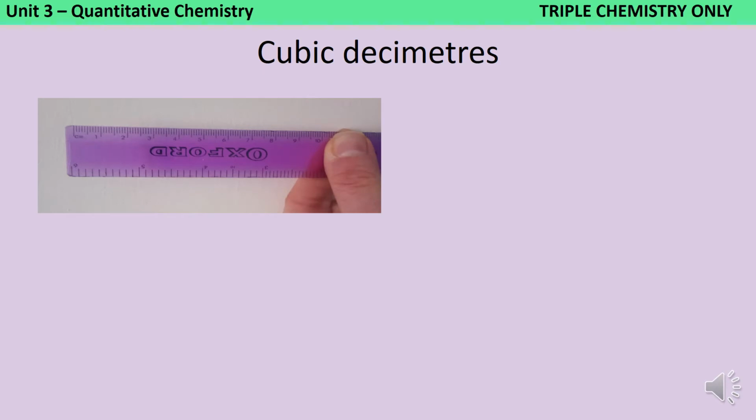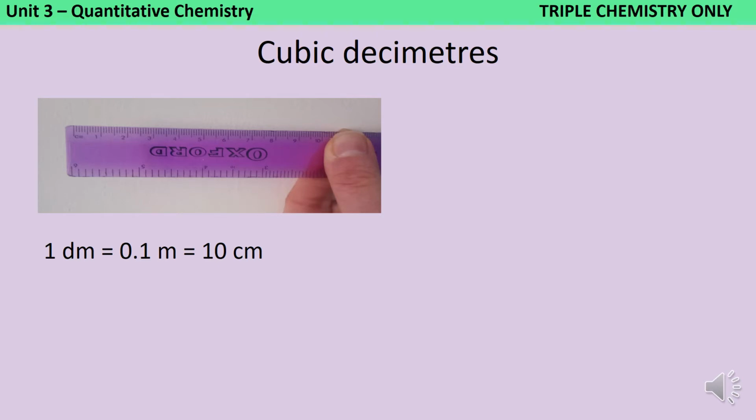It's possible, and dare I say it even likely, that you won't have encountered the units that chemists use for measuring volumes of gases before. While it's not hugely important for today that you understand where they fit in the scale of other units you are familiar with, you are going to need to know eventually, so we might as well look at it now. This is a decimetre. A decimetre is 1/10 of a metre, because dec always means 10, like a decade or to decimate. So 1 decimetre is 1/10 of a metre, 0.1 metres, and it's also equivalent to 10